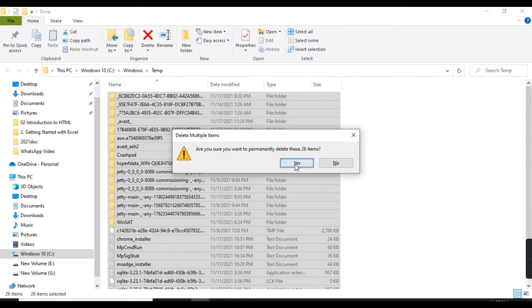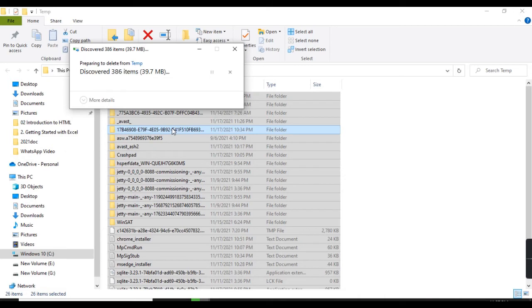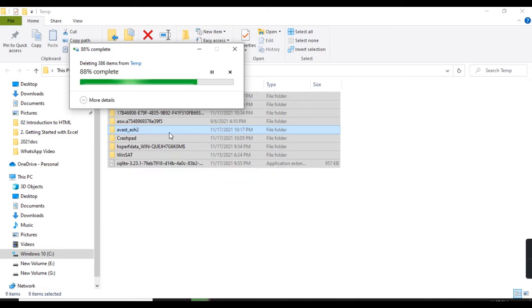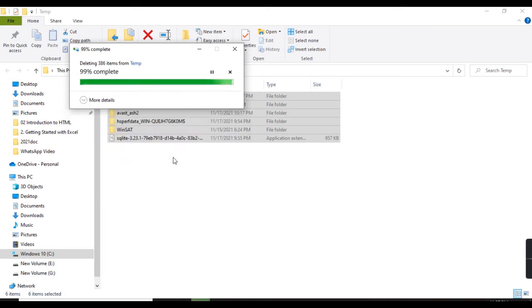Then you just say yes, and in some cases some items will not be deleted. That's okay, just skip it, while the rest get deleted. The ones that have not been deleted, that's okay, there's no problem.